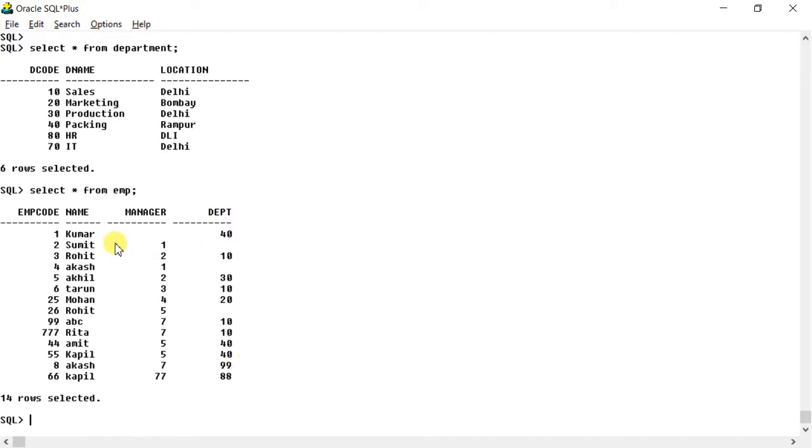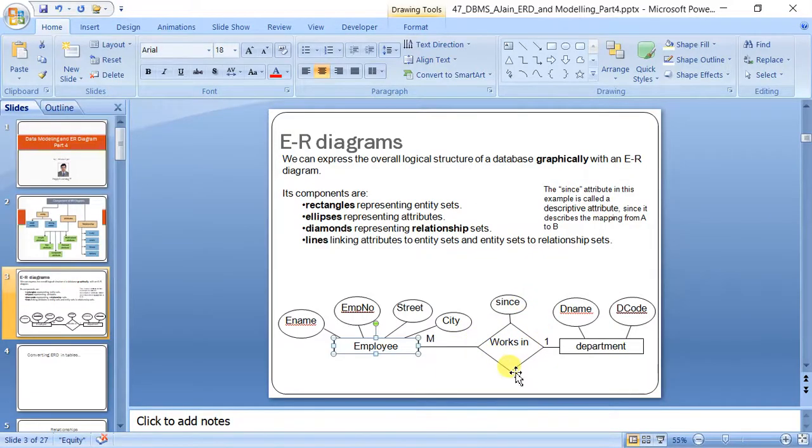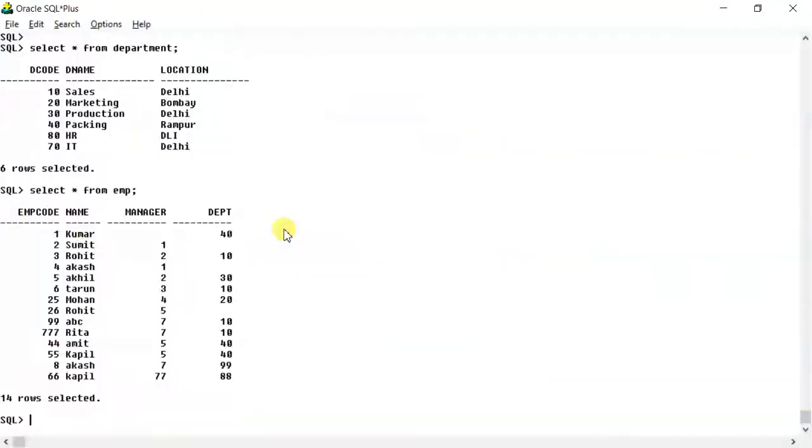So for the time being, what we have done is we have made this a foreign key. So this relationship is created. So now you understand how relationships are created. You don't create a table of relationship directly in case of one to many. Okay, as you can see, it is one to many, very easy.